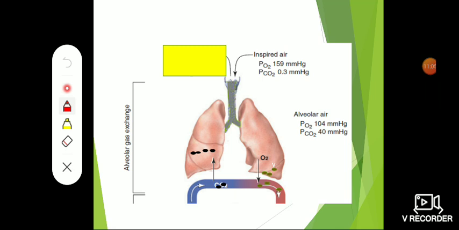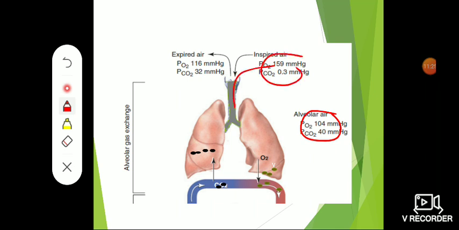This air, which consists of this inspired air, will be remaining in the conducting zone. So when this air is going from the lungs, alveoli back to the atmosphere, again it will have a different composition. You can see here the partial pressure of oxygen becomes 116 because this 104 is being mixed down in this air which is present in this dead space, and